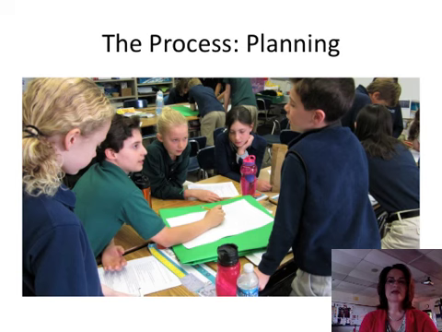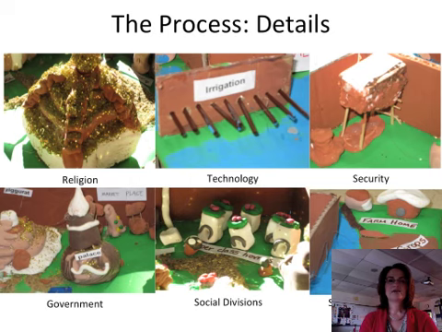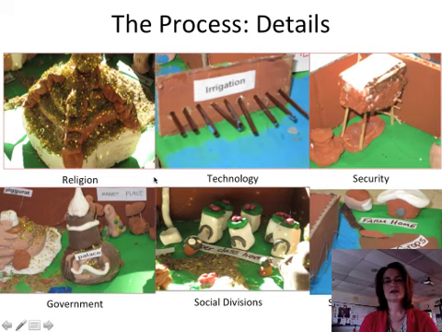So they start to plan, they begin to build, and then the little details. And on the surface you might see cuteness and clay and color and craftiness, but each of the things that they built had to do with those 7 characteristics of civilization. So we have the ziggurat here, we have the irrigation system, we have the watchtower and the wall, the palace for the king, the houses. These houses are whitewashed because we learned that the upper class whitewashed their walls, and their farms.